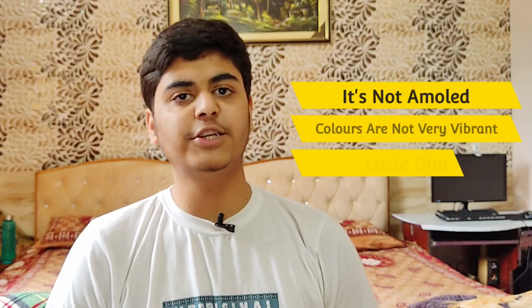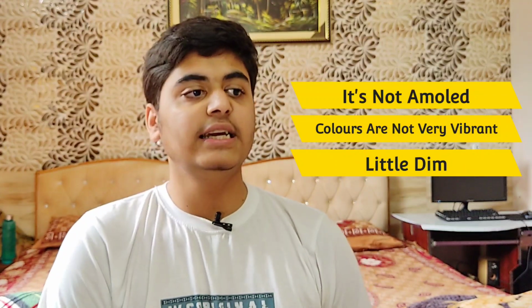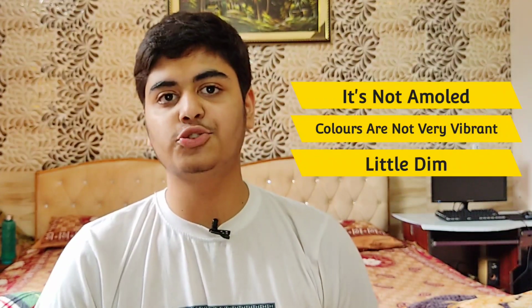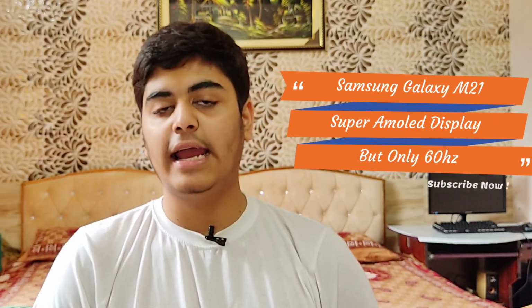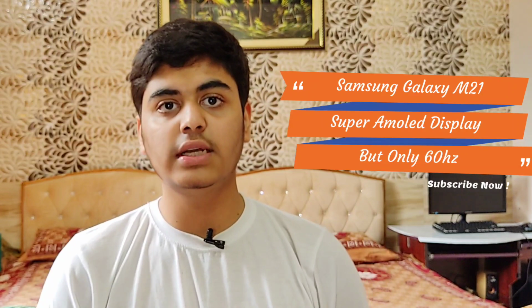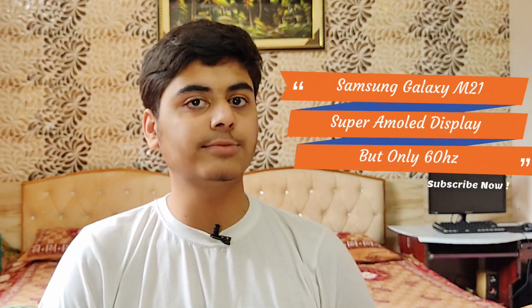Number one, this display should be an AMOLED. Like, it is not an AMOLED display, and obviously it just feels not that colorful, so that's one thing. Now I have used a lot of AMOLED displays in the past. I'm coming from my M21 which already had an AMOLED display, which is Super AMOLED, and coming from that phone